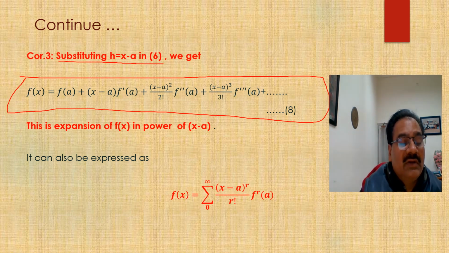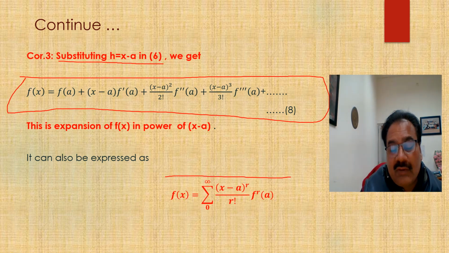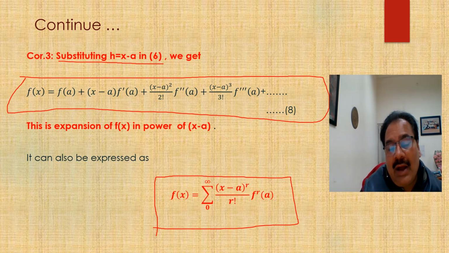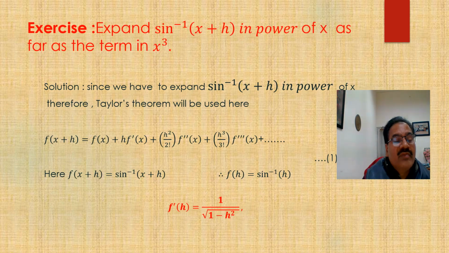And this is the expansion of f(x) in powers of x minus a. It can also be expressed as f(x) is equal to the summation over (x minus a) power r, divided by factorial r, f power r of a. This is also one of the important results. Now, if you look at the problem, one example: expand sine inverse (x plus h) in powers of x